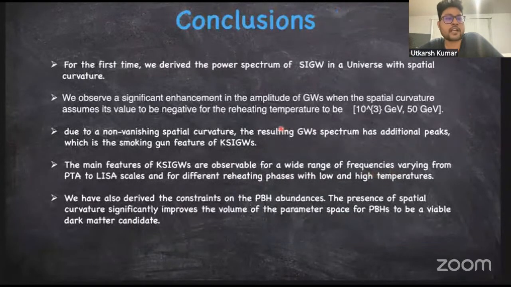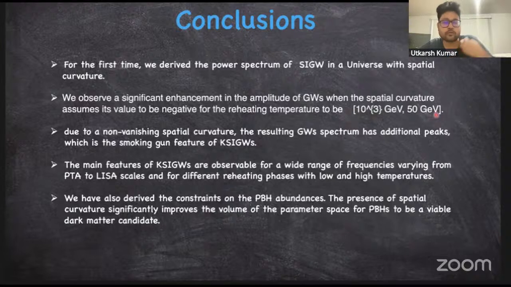Finally, I conclude. We derived the power spectrum for scalar-induced gravitational waves in a universe with spatial curvature. We also observe a significant enhancement in the amplitude of gravitational waves when the spatial curvature assumes a negative value, and for the reheating temperature ranging from 10 to the power minus 3 GeV to 10 to the power 250 GeV. Due to the non-vanishing spatial curvature, the resulting gravitational wave spectrum has additional peaks,